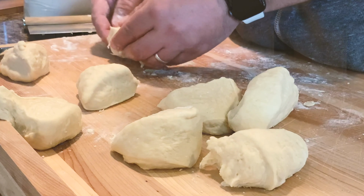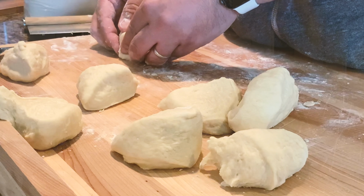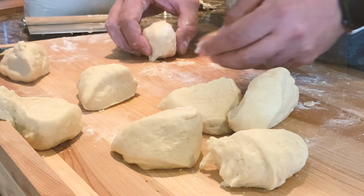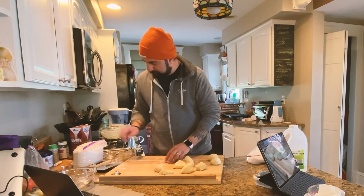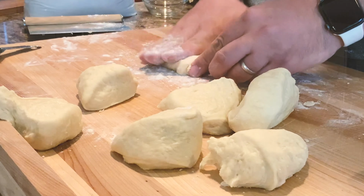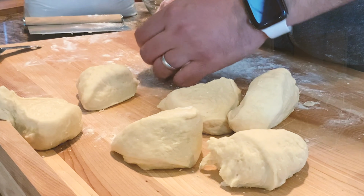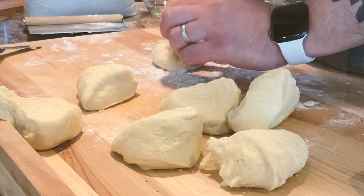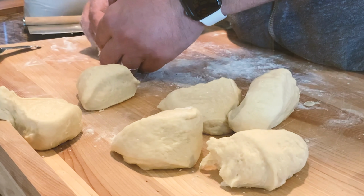And with all those little seams on the bottom, kind of rotating and using the surface and a little bit of pressure just to sort of pull. There, okay. All right, so a little bit of flour on the table. Flatten that out. Take little pieces, pull it out and fold it right into the center, until you get all around, and you flip it over,